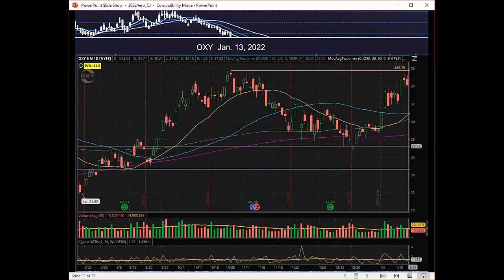I came and went, came and went, came and went, but probably 50 to 60% of the day I was at my screen because things were, oh, that support didn't hold, that broke. Oh, that support broke. Okay. So each day's different. But what I like about my trading style is normally a few minutes at the open and a few minutes at the close takes care of most trades on most days.